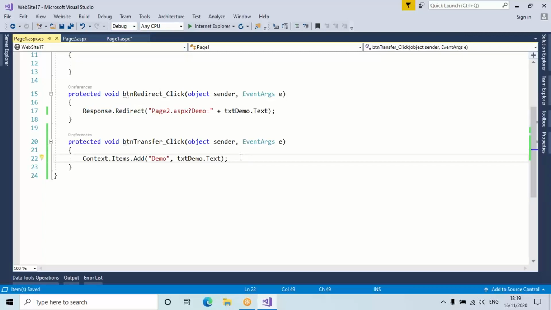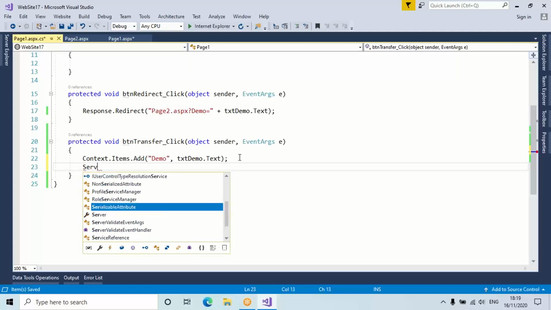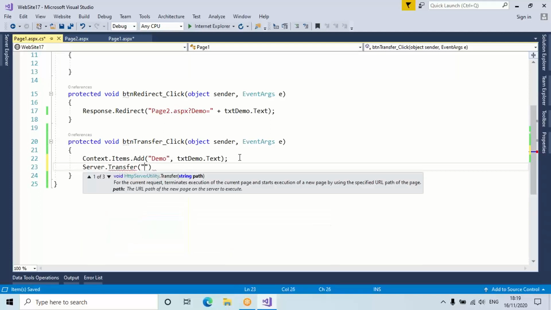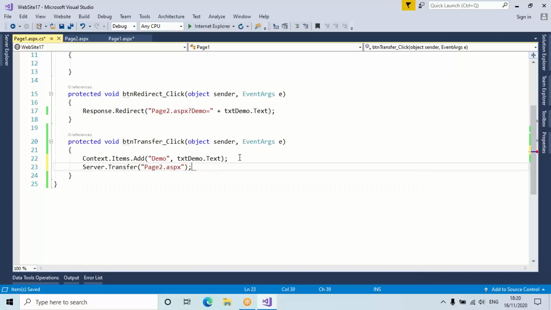Okay, and you should provide here what you have to provide is transfer. So I write Server.Transfer, page name, page2.aspx. That is one more. Okay, now